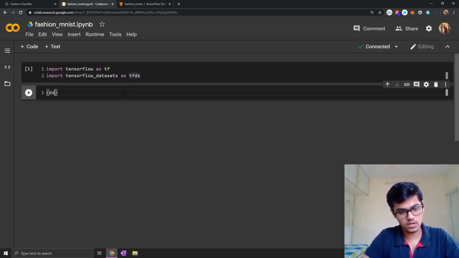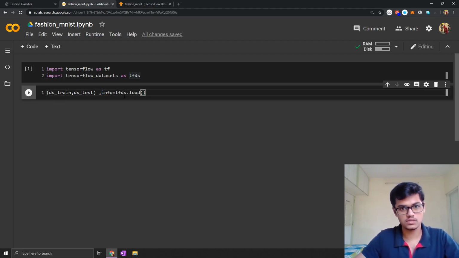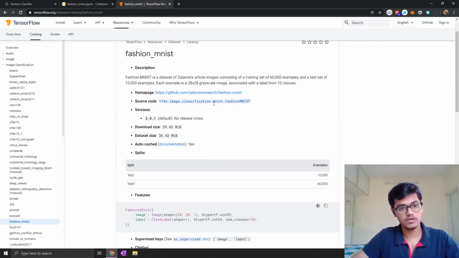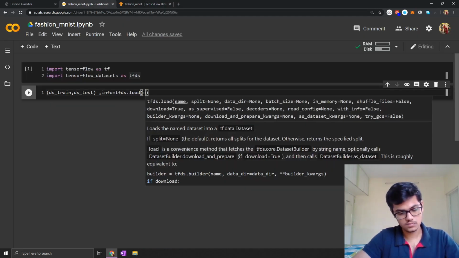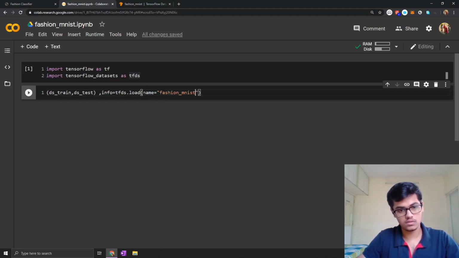For that we will load the training part first. TFDS has inbuilt methods for loading the dataset from their servers. We can use the name of the dataset from here. Then we will also be loading information, with info equal to true.